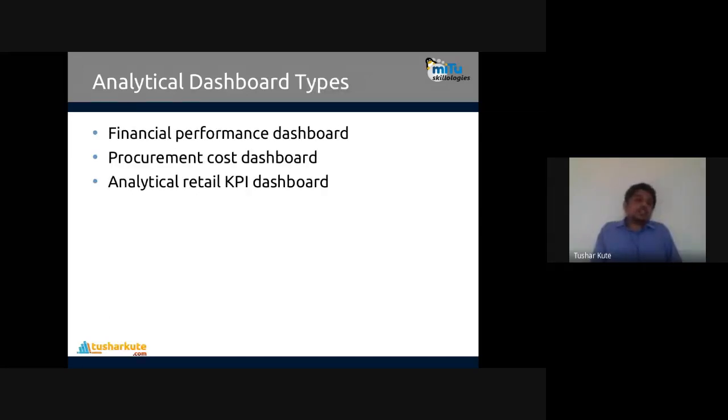So let's see three different kinds of analytical dashboards we have here: financial performance, how the company is performing financially, profitable or non-profitable, that you can identify in an analytical dashboard; or procurement cost dashboards, the cost involved in procurement that we can see; or retail key performance indicators, their dashboards in analytical format. So these are the ways by which you can see different kinds of analytics so easily. Fine.